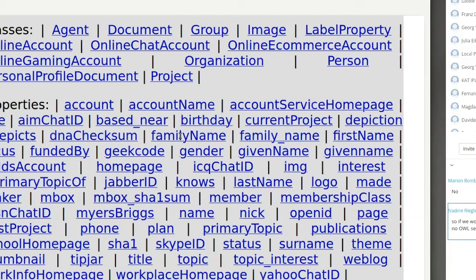What FOAF wants to do is to create very big networks of connections between people, for example, between people that have blogs or profiles in social networks. And they do that by saying, okay, I don't want to model the person a lot. I just want to model basic stuff, like, as you say, that you have an account or an online gaming account, if you are on, I don't know, Steam, and that you have a family name or an account name. This is the kind of information that you need in order to express the fact that you have a profile somewhere on the web, plus other